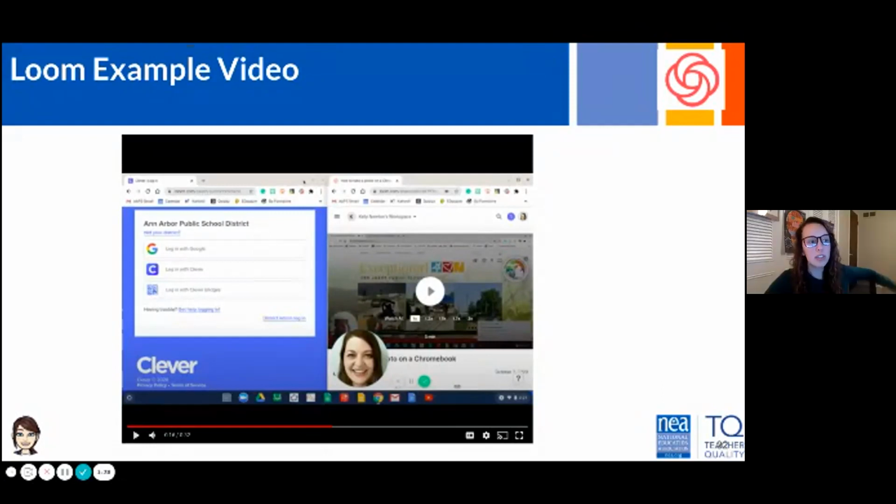And Heather wants to know the advantage over Loom and Screencastify. Since we're torn, Kelly, love them both. What would you say the advantage of yours is, Kelly? Mine has no limit. So Screencastify has that 5-minute limit. Loom does not. You can record a 12-minute video if you want to, if you're an educator, and educators get a free account with no limit on it. I think that's kind of a big one.